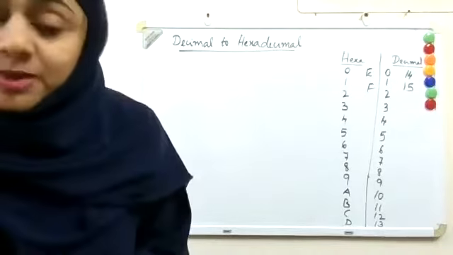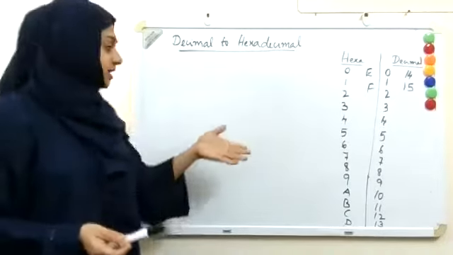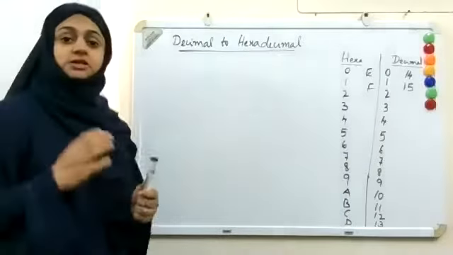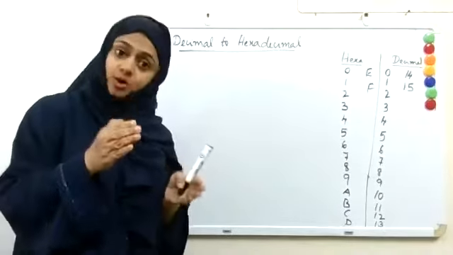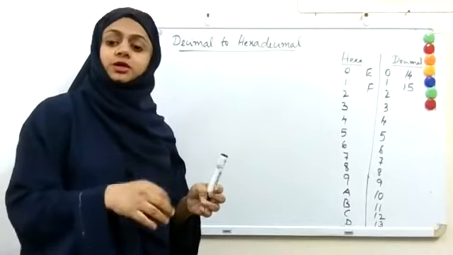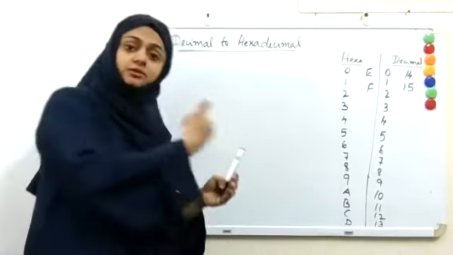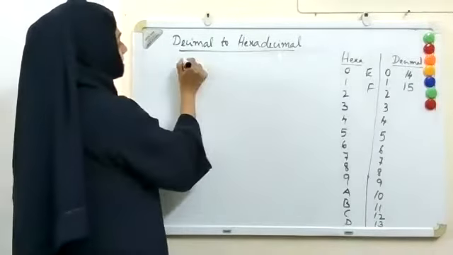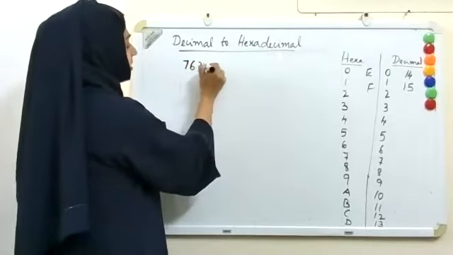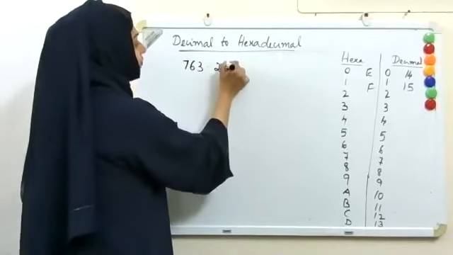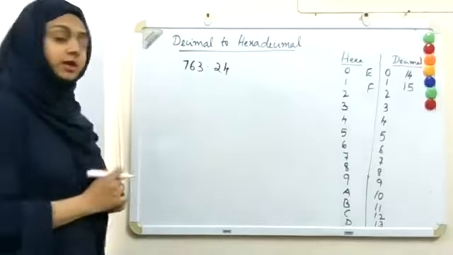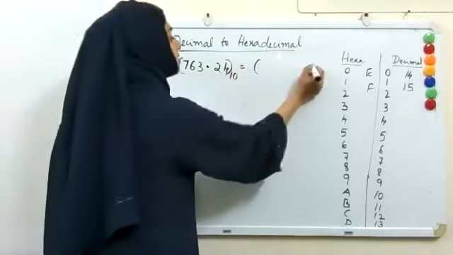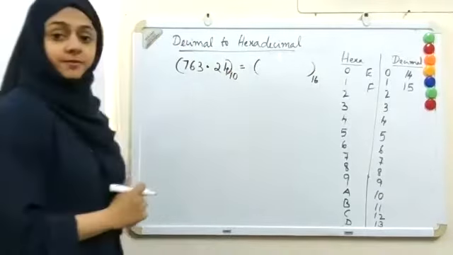As you know, decimal number, when we are writing, no need to write any letters, we can just write the number. So let me take an example where there is a point. So we will know how to convert the point part after the point and before the point. So let me take a number, for example, 763.24. Okay, this is to the base 10.